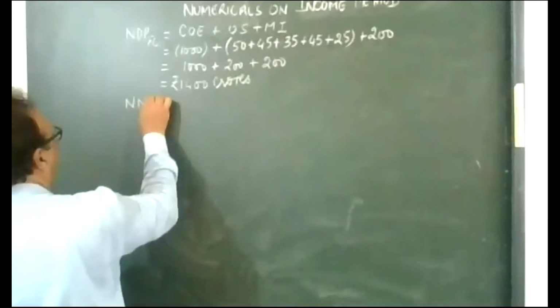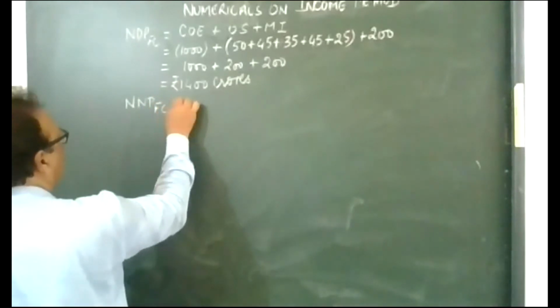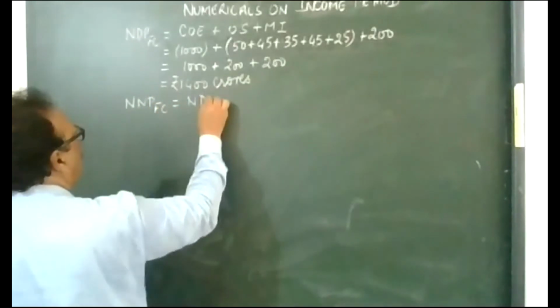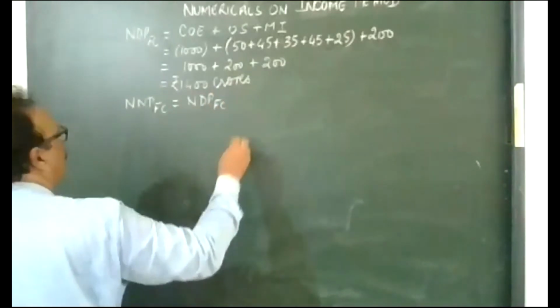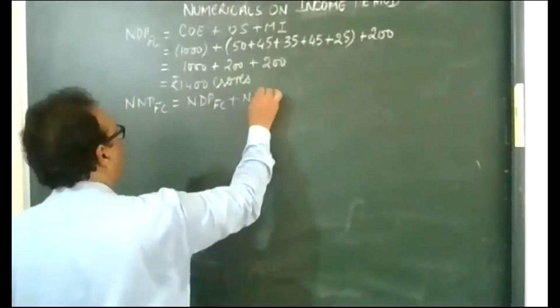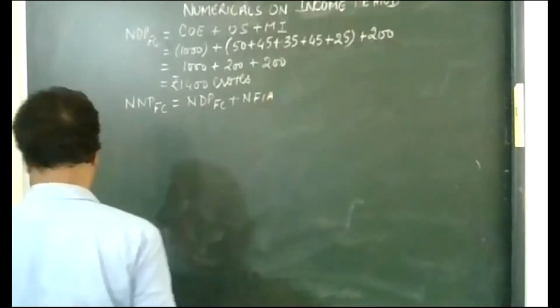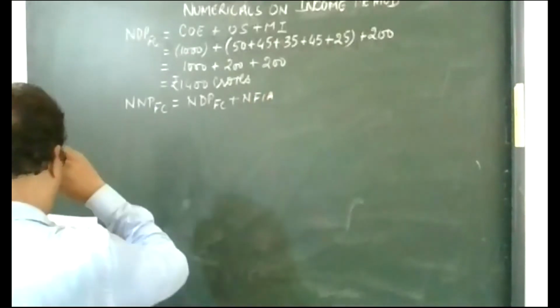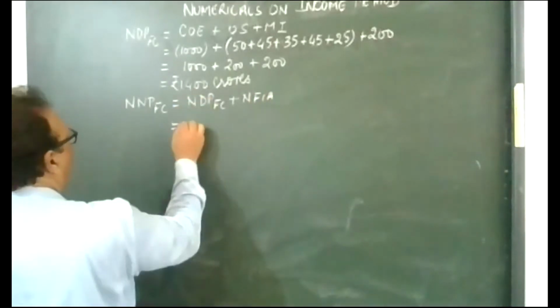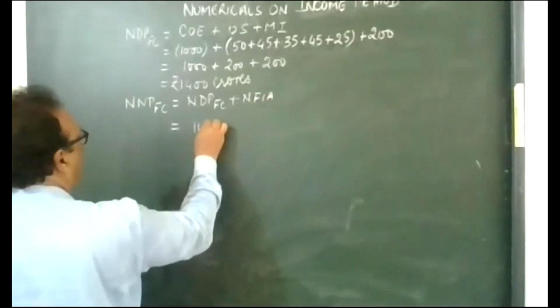From this, we will derive the national income from NDP at factor cost simply by adding NFIA, net factor income from abroad. That is equal to what we have calculated, 1400